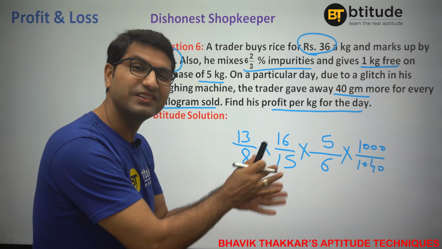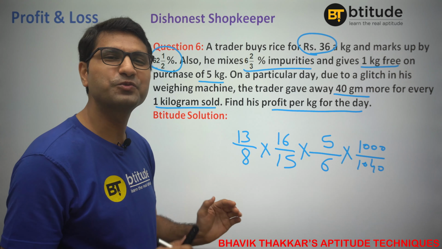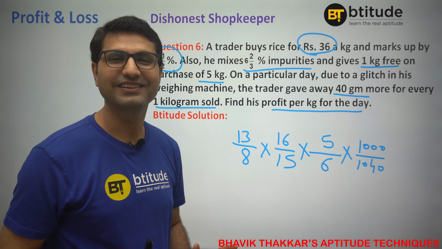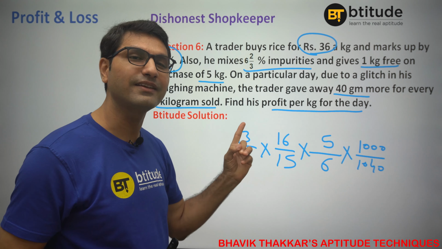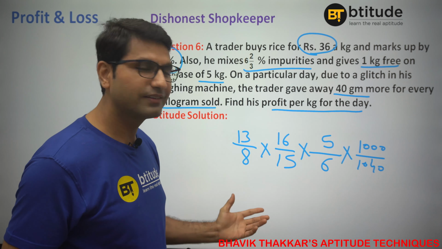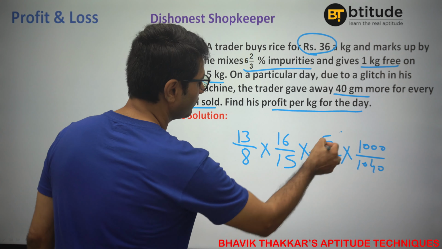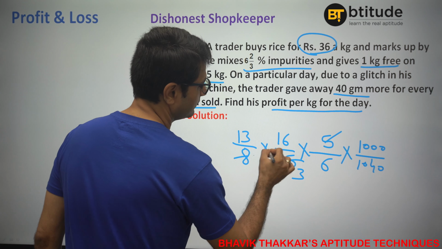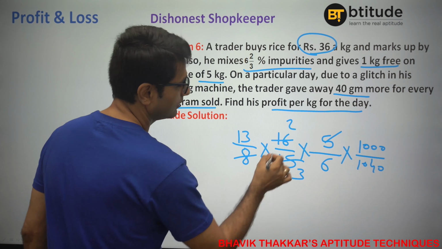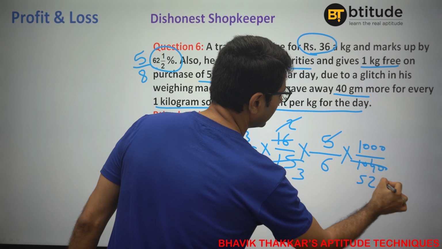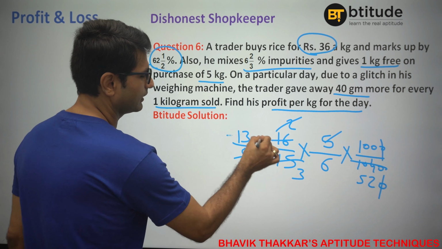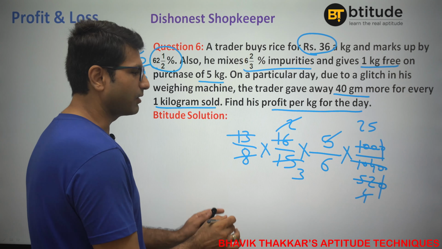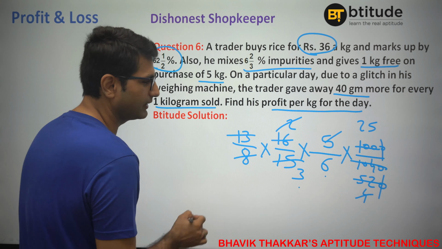So all those different things are there. All you need to do is to understand their multiplying factor and multiply them together. Pretty easy method, right? Otherwise, if you try to visualize everything, it is going to be very difficult. This is it. All we can do is now 5 3s are 16, 8 2s are 2, obviously 52, 520, 0 0 gets cancelled, 13 4s are 52, 4 25 is 100. That's about it. What you are getting is 25 by 18.